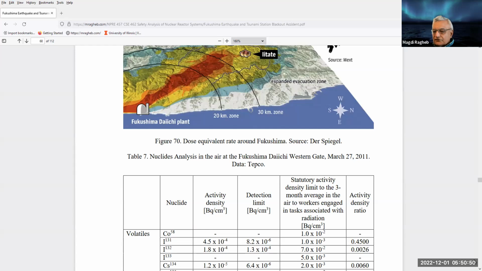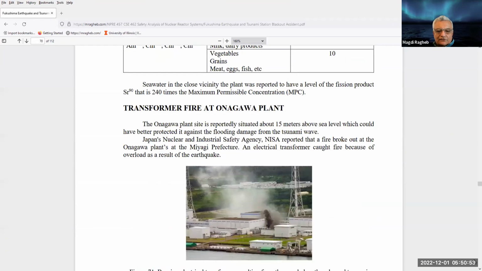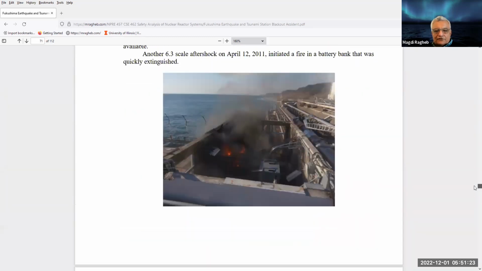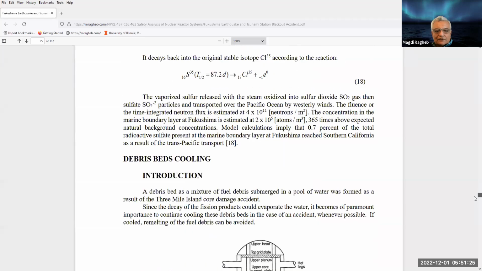And another interesting topic that needs to be researched thoroughly is, of course, the possibility of not using the core spray system once a certain temperature is reached by the fuel, because in that case, you make the accident worse by generating hydrogen. At the Fukushima accident, some fires did occur at the transformers at another plant, the Onagawa plant, but it did not reach the level of seriousness that was attained at the